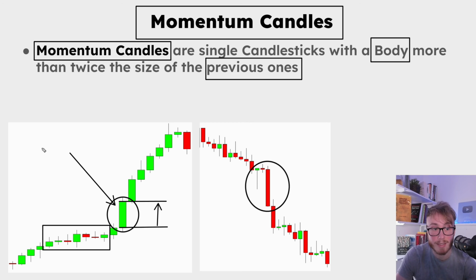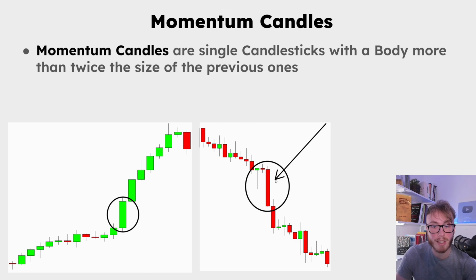In this case, we can see that the real body was perhaps 3 times larger or even 4 times larger compared to the previous candles. So this right here was a strong momentum candle, and we say that the candle is bullish because it was a green candle. But here, if we instead look at the chart to the right, we can clearly see that we have a strong bearish